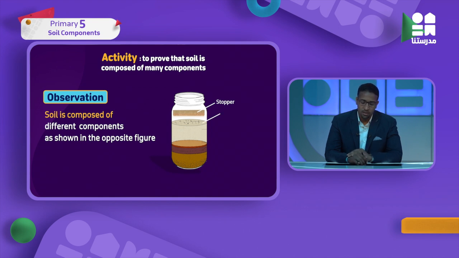Number 1, or the first component at the surface of water, humus. So humus floats on the surface of water. Humus هيبقى أول component هنلاقيه من أول الجار لغاية لما ننزل تحت. أول component هنلاقيه اسمه إيه؟ اسمه humus، وهندرسه بالتفصيل، محدش يستعجل. The second component will be particles of clay or mud. هنلاقي جزيئات من الطين، الجزيئات دي suspended in water، هنلاقيها جزيئات معلقة في الووتر علشان هي do not dissolve in